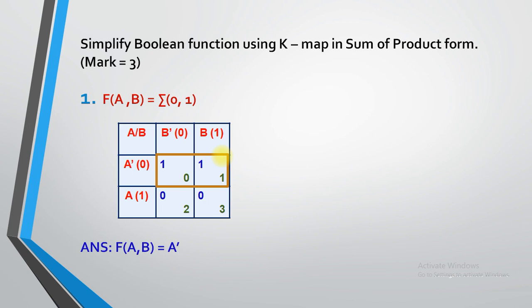So to simplify the term, you need to check the whole pair, or consider the whole pair. Now for this particular box, we have a value A dash. Now consider the topmost values, that is B dash and B. So B dash and B is the opposite value, so that value is not considered over here.